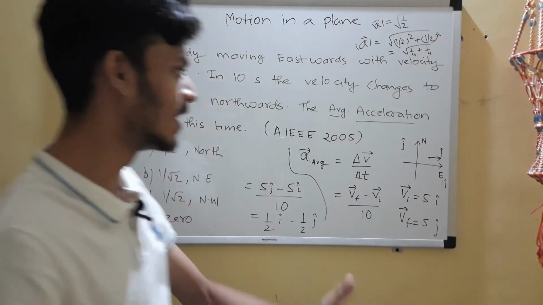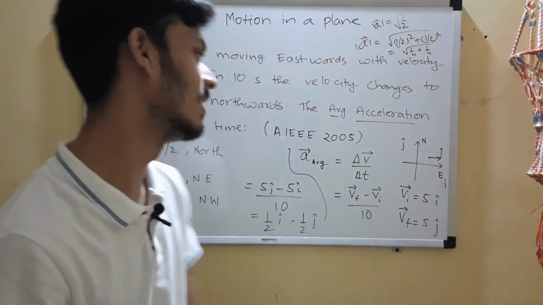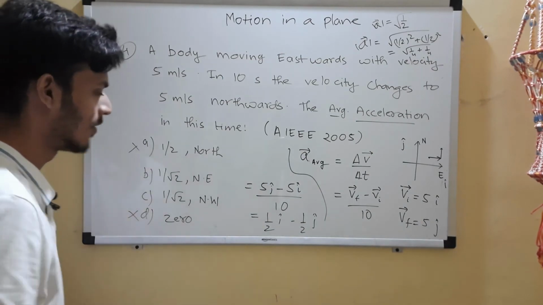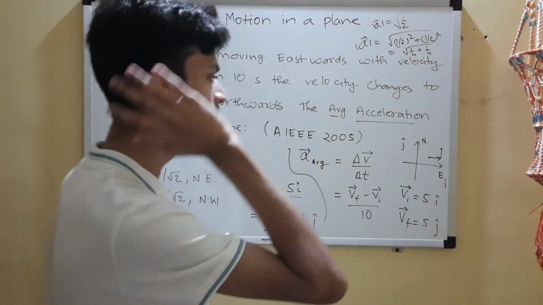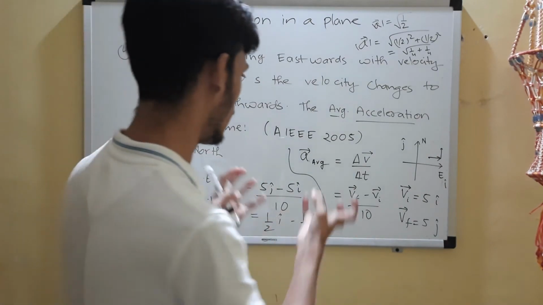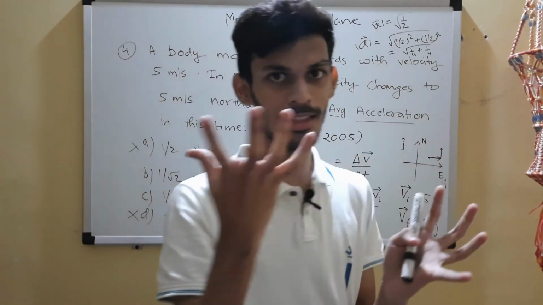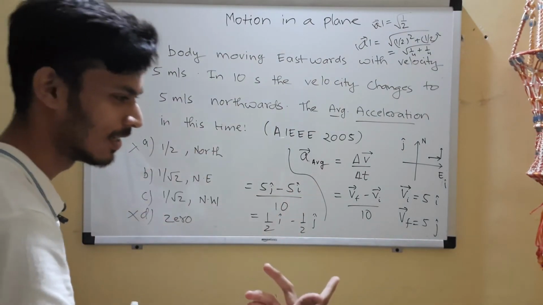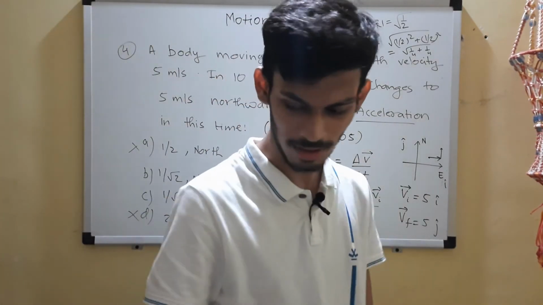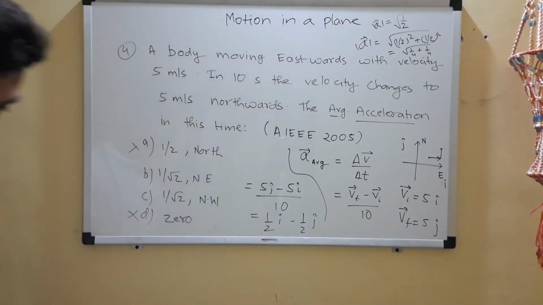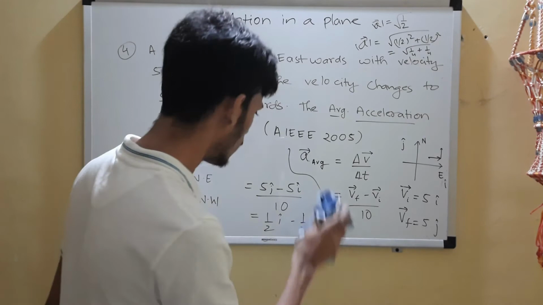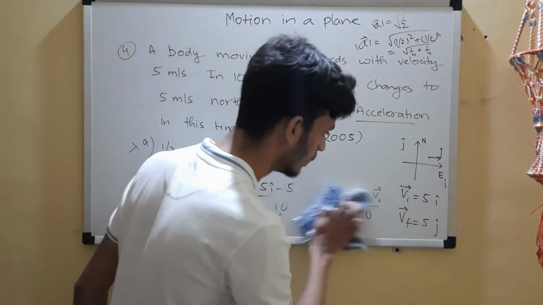Now coming to the direction aspect, how will you determine the direction of acceleration? Now you have 50% chances, you can take the risk, but where is the concept? How will you determine the direction of acceleration? Can you think about it? It's quite simple. Okay, I found it. So I'll find the direction.